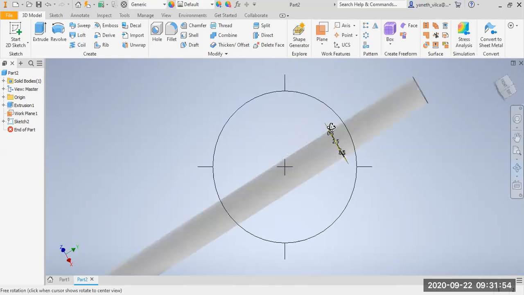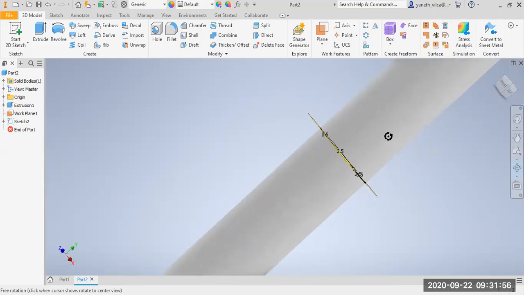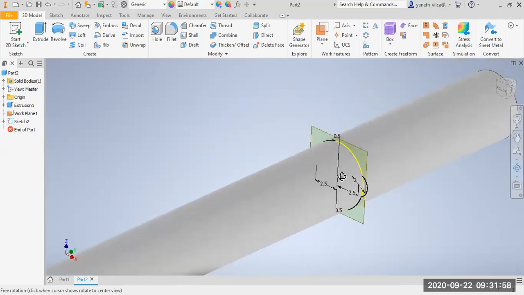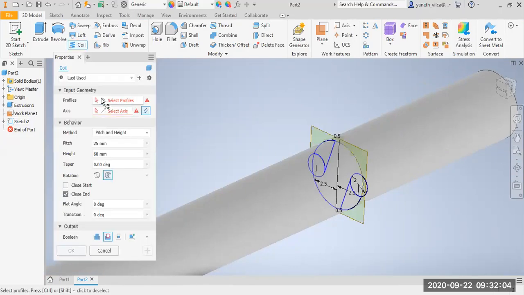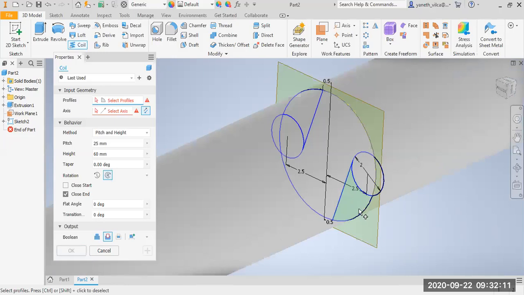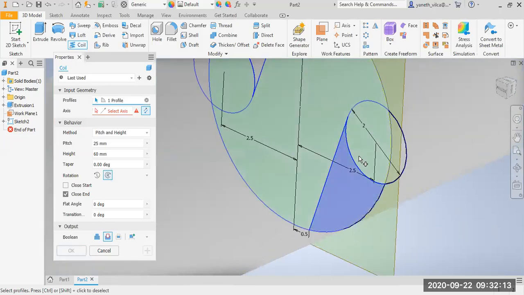Okay, let's get close to see the details. Okay, let's get close. Click on coil. Double click, select profiles, and the inputs will be this one. No? Let's get close. This one